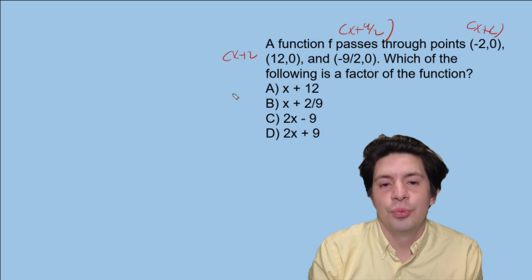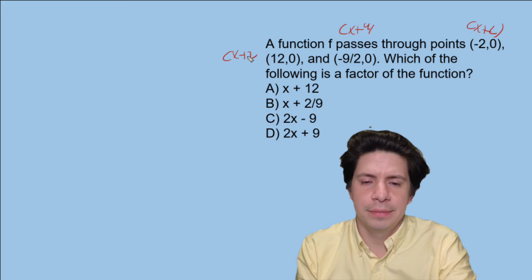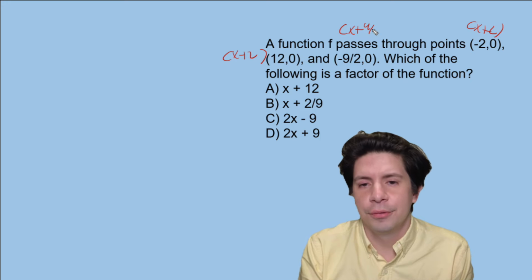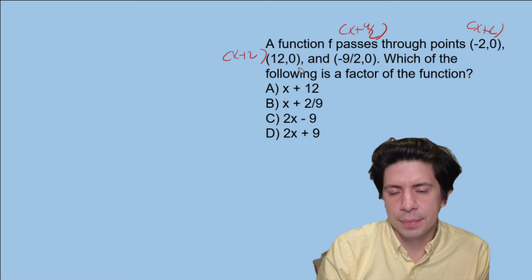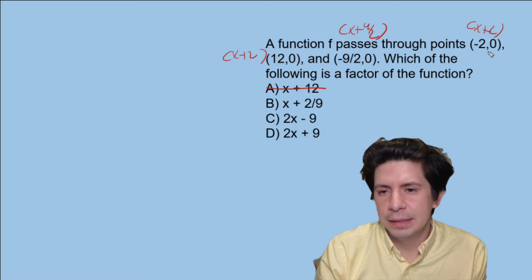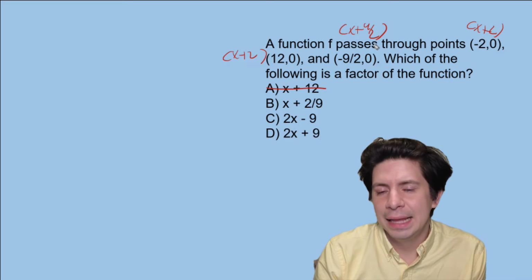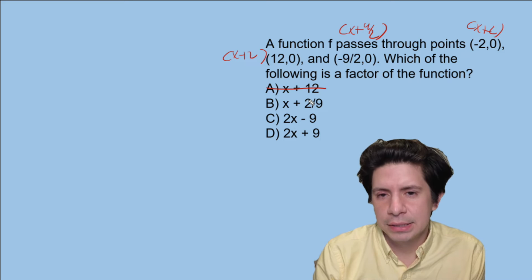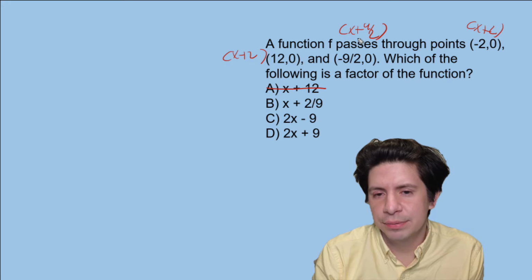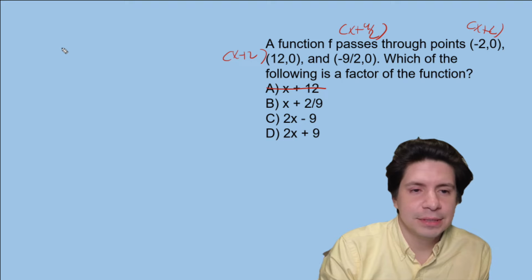Okay? So which of these is it, right? I made my minus, okay? So we have x plus minus 12, we have x plus 12. This is x plus 2, we don't have that as an option, we have these other things, right? X plus 2 over 9, we have x plus 9 over 2. So this x plus 9 over 2,